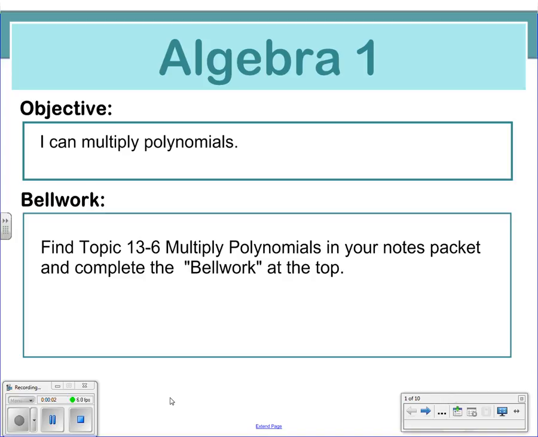This is a recording of topic 13-6, multiplying polynomials. Our objective for today is I can multiply polynomials. In your topics packet, you'll need to find topic 13-6 and look at the top of it and complete the